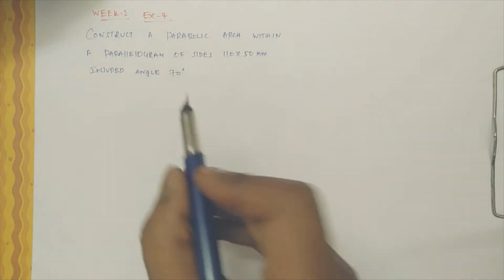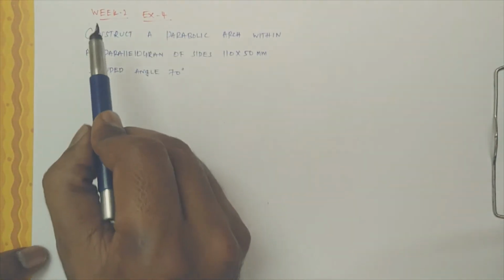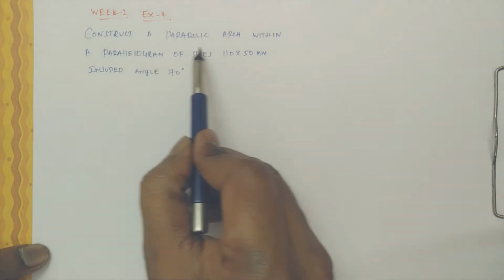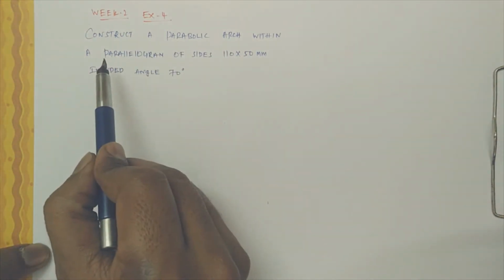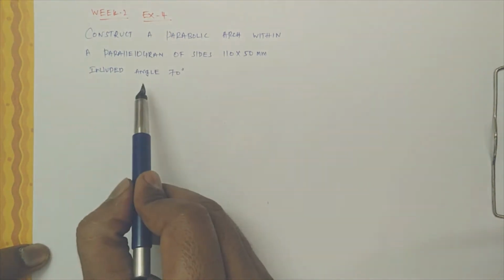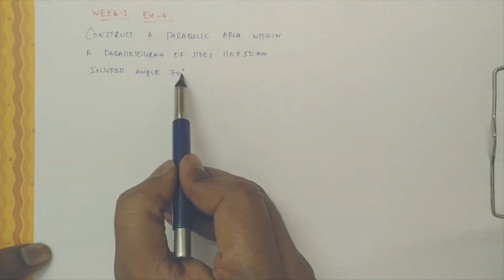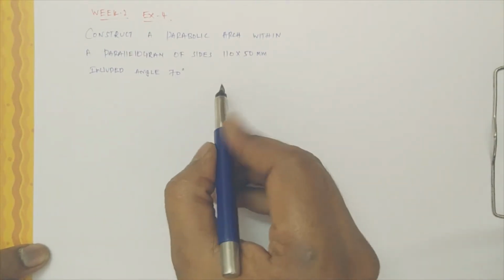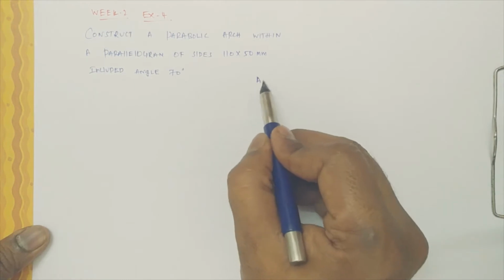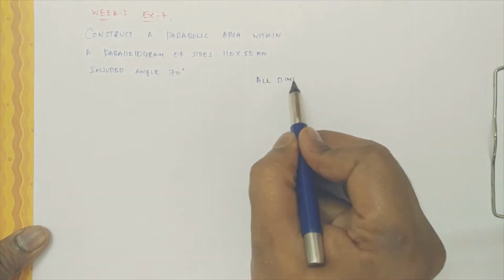Yeah, welcome students. This problem is from week 2, exercise 4. Construct a parabolic arc within a parallelogram of sides 110 by 50 mm. The included angle of that parallelogram is 70 degrees. So let it be the dimensions. You're supposed to specify all dimensions